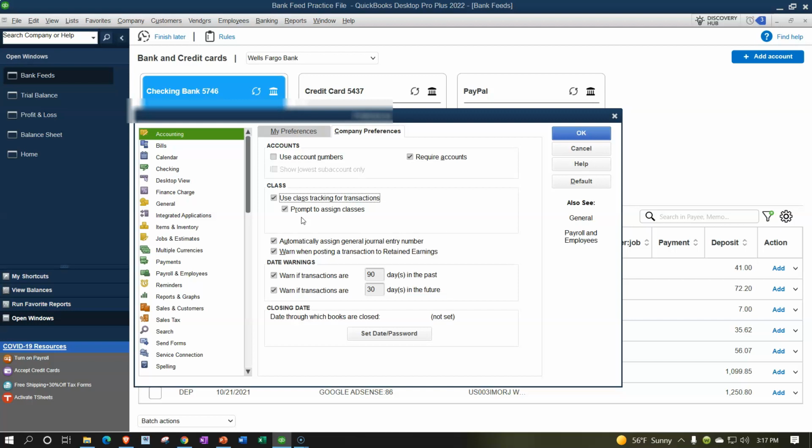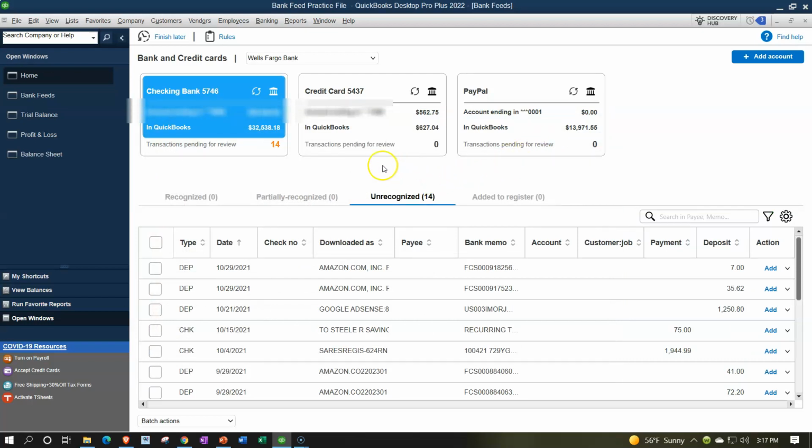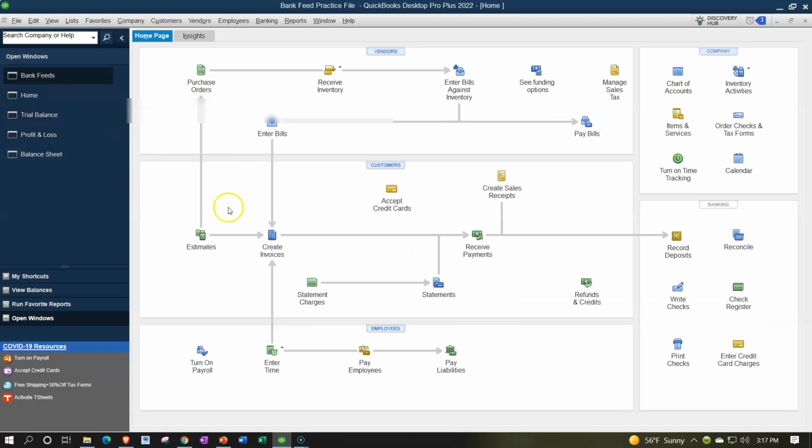This could give us a little bit more added information, although it adds a little bit more detail on the data input to get that added information. So I'm going to say OK, and we'll turn on class tracking. Just so you can see what happens, if I go to the home page up top and enter a normal kind of form, I won't enter one, but just to look at an invoice type